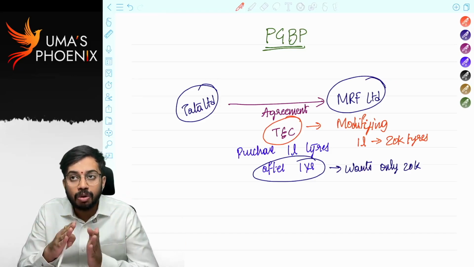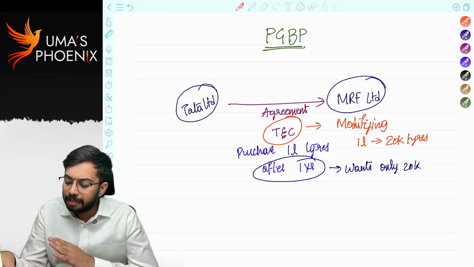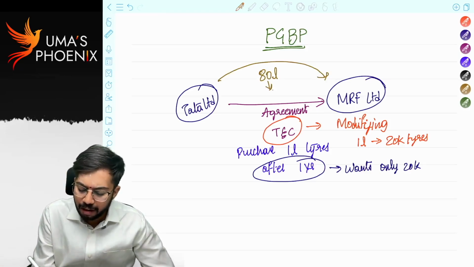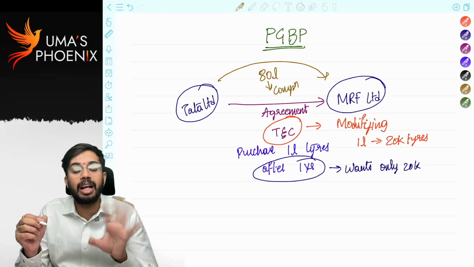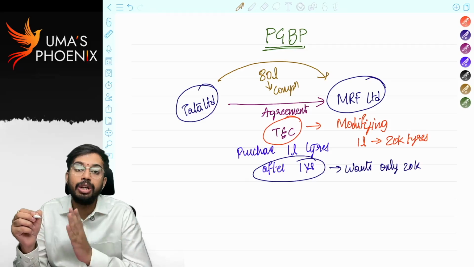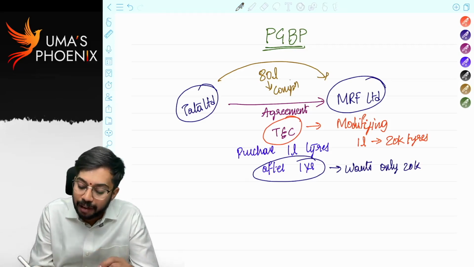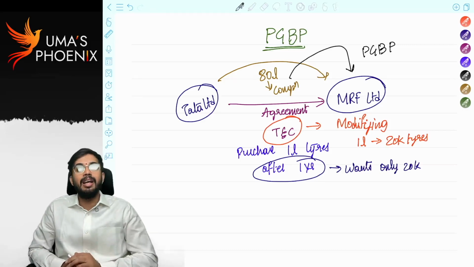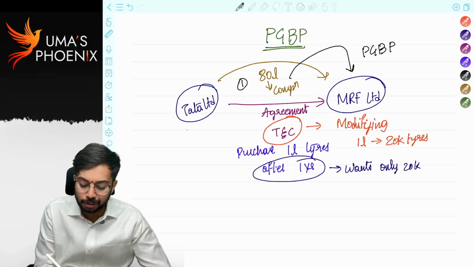So immediately MRF Limited will go to the court. To prevent MRF Limited from going to the court, Tata Limited pays 80 lakh rupees compensation. Why was 80 lakh rupees compensation paid? Because Tata Limited is modifying the terms and conditions of the contract, reducing from 1 lakh tires to 20,000 tires. So for modifying the terms and conditions of any contract, if any compensation is received, that compensation is taxable to the recipient under the head PGBP. Are you able to understand? This is case 1. Case 2.